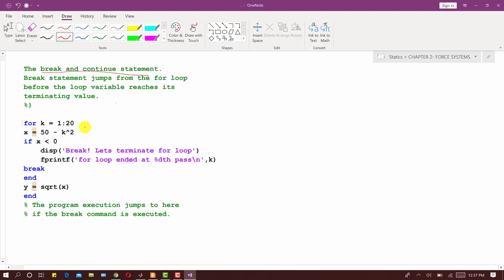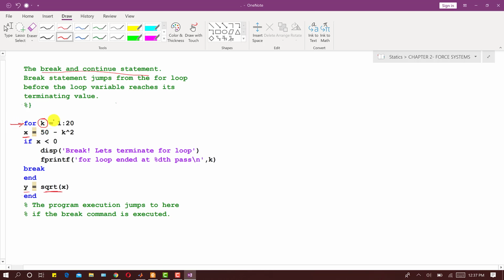What this script file does is that it takes the square root of x and stores that value in y. But it will terminate if the x value becomes negative. If the x value becomes negative, then it will stop this for loop, right? We have initiated the for loop, and k is the loop variable.